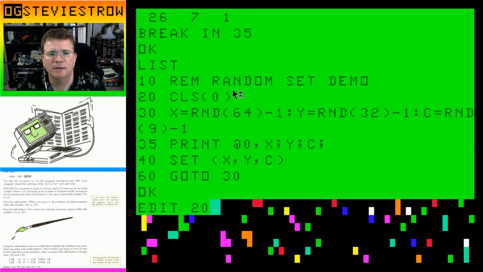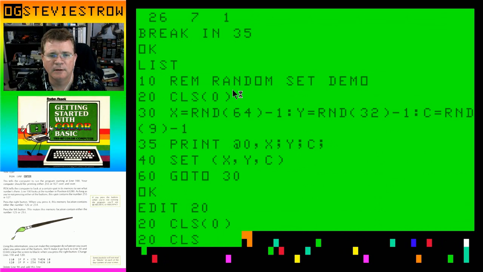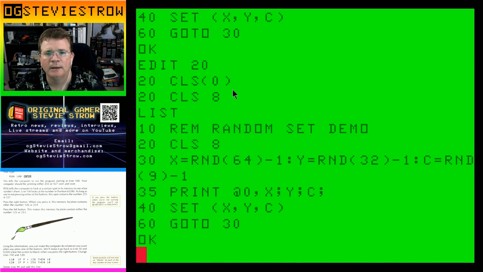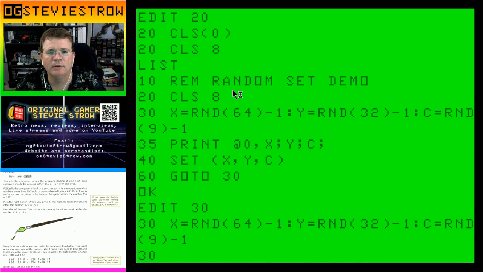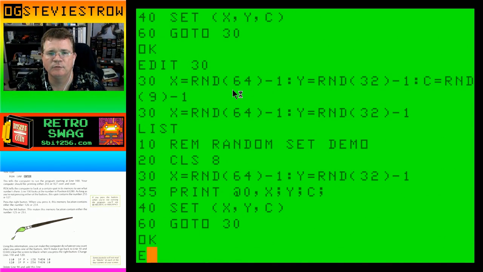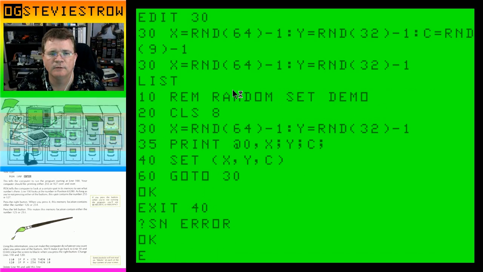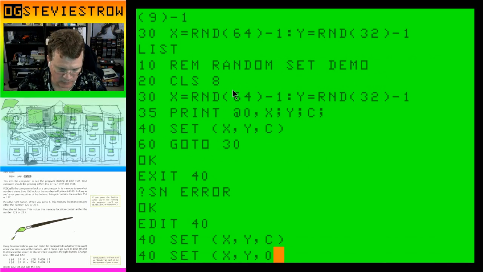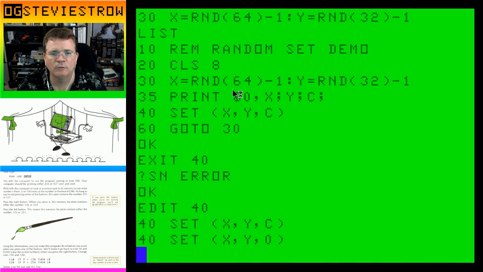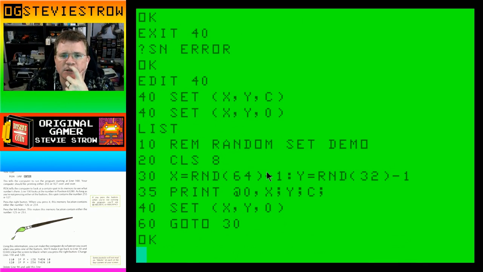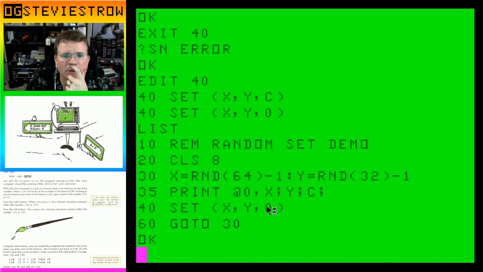So if I change line 20 to say CLS 8, which is orange, and I set an orange background, and in this case, if I get rid of line 30 and I don't pick a random color, I'm just going to pick my X and Y coordinates. And on line 40, if I say don't set color C, which was a random variable, set color 0, which is black. What is this program saying right now? Make the screen orange, pick your X and Y coordinates, and then set these X and Y coordinates at color